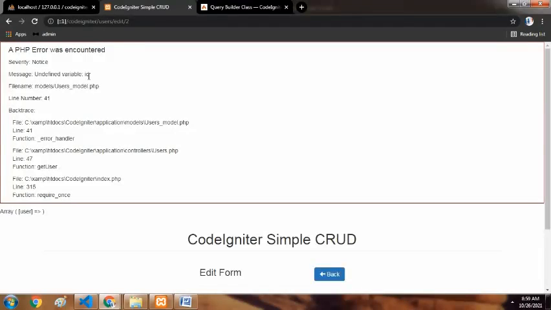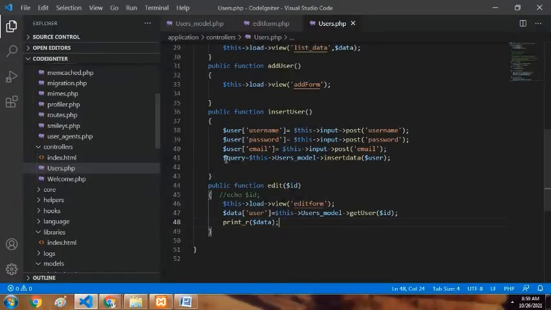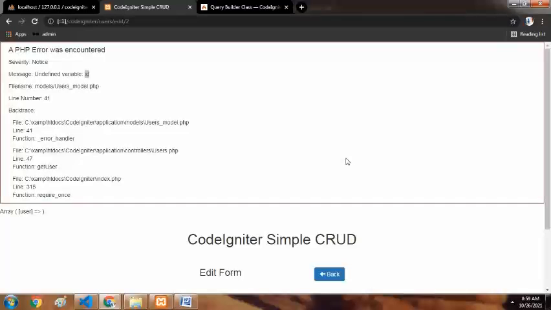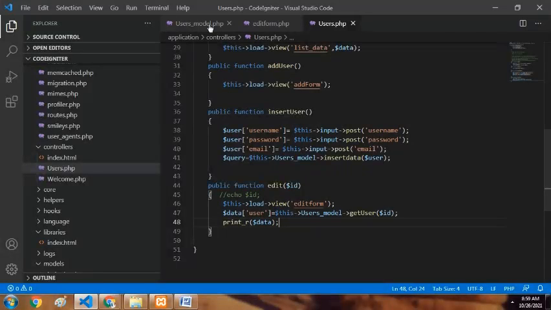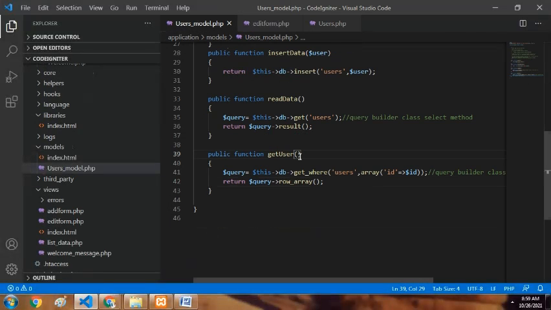Undefined variable ID. We got some data, but undefined variable ID at line number 41. In the user model, you have to send the ID. ID is not identified here. We didn't send the ID.